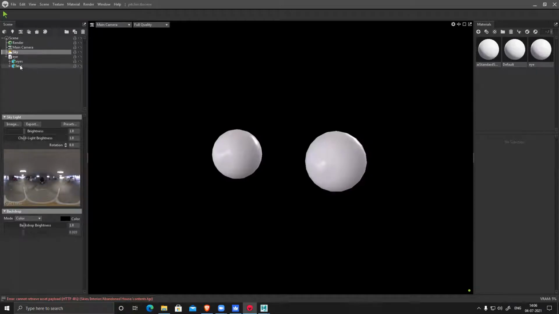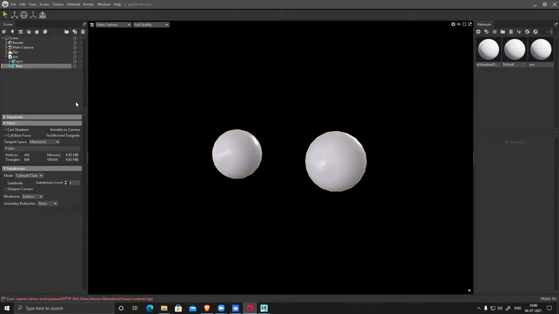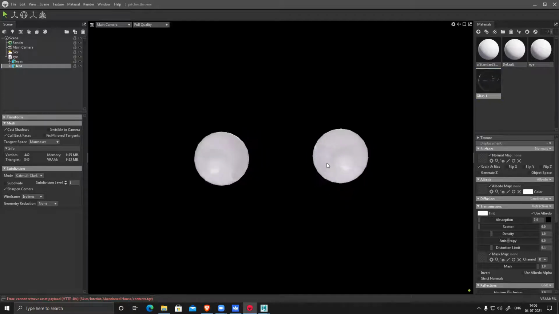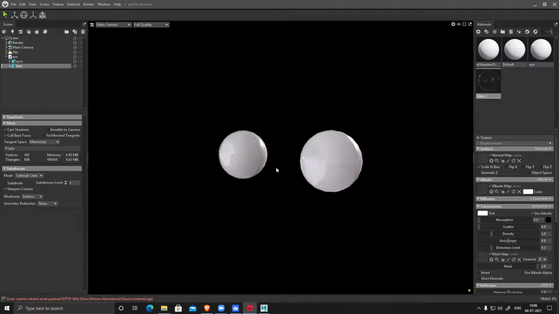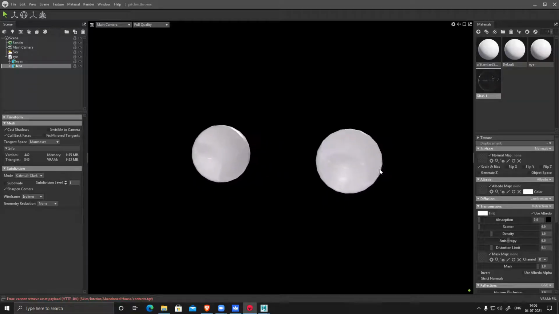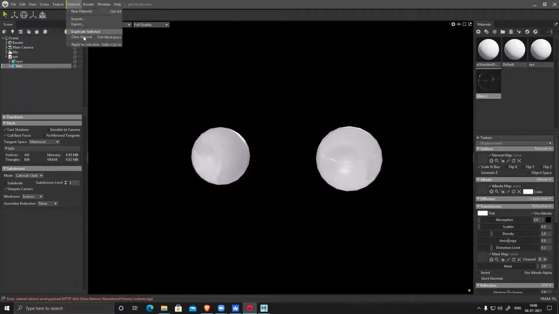So here you can see eye and lens. For the lens, I have to apply a glass material. Select this. There is a default glass already there, and you can drag and drop it here directly. See, this creates the glass effect. And for the base, I need to modify the material.